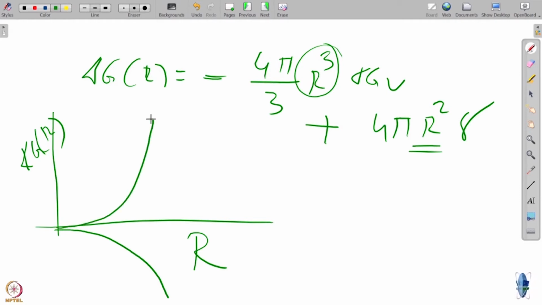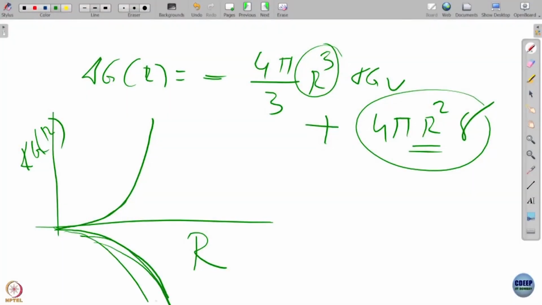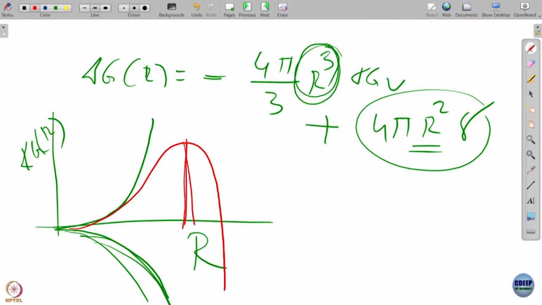Now, surface tension is actually pretty large. So, what happens? This part wins in the beginning, so that is why you go up the hill and come down. But if by some fluctuation it becomes large, then it starts getting the advantage because these are cube. So, as a combination of these two, a maximum appears, and this maximum is a very important thing. This is the critical radius R star, this is the critical barrier.